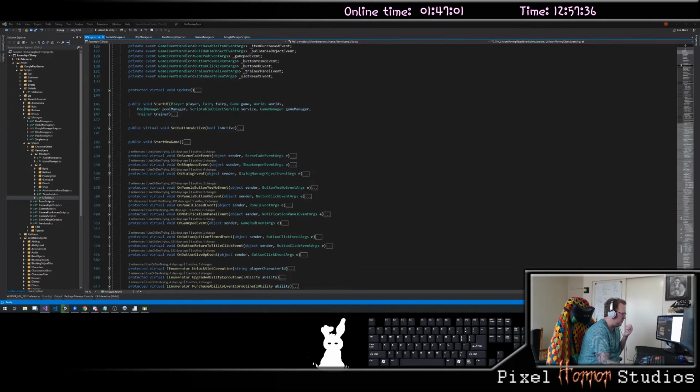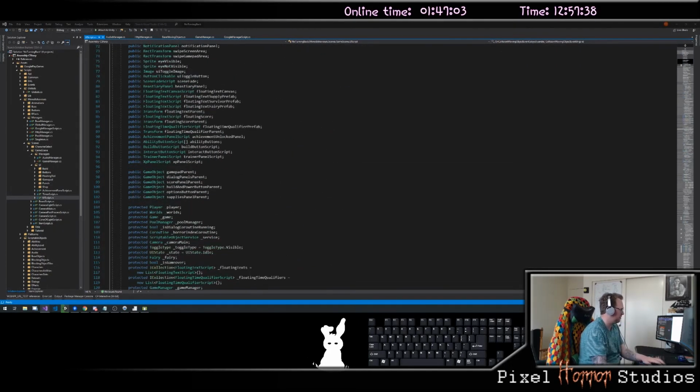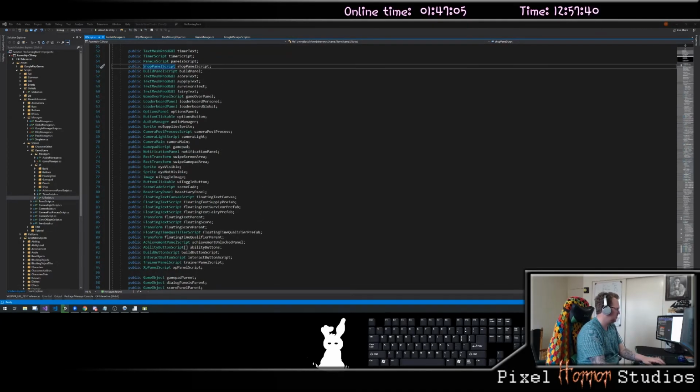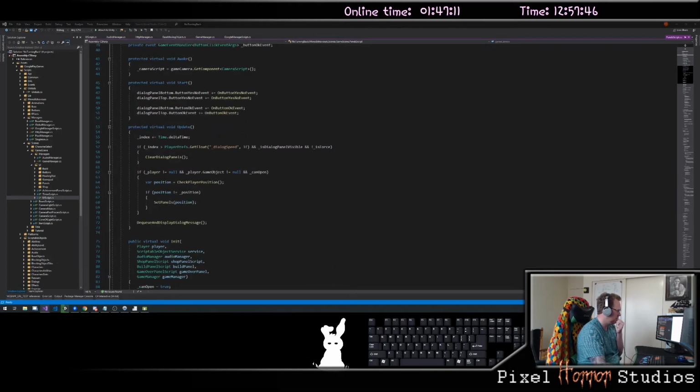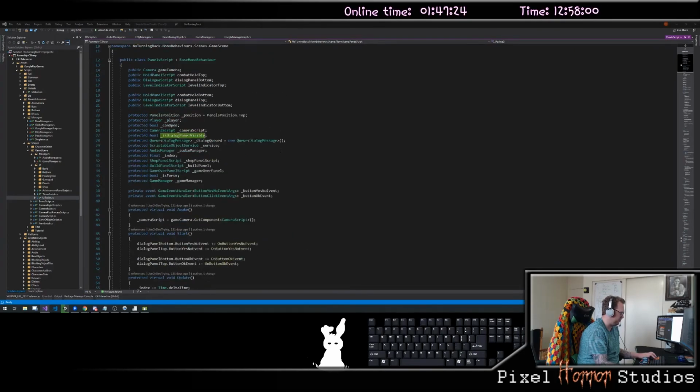Set dialogue on. It's under panel script, right? Here you go. We have this thing called dialogue flow speed. This is dialogue visible, which gets set